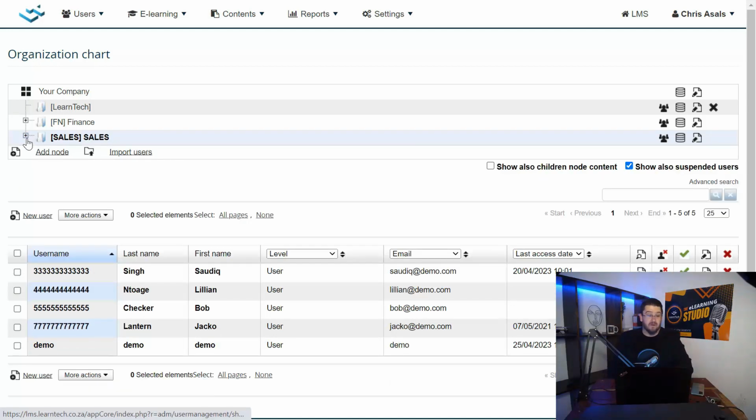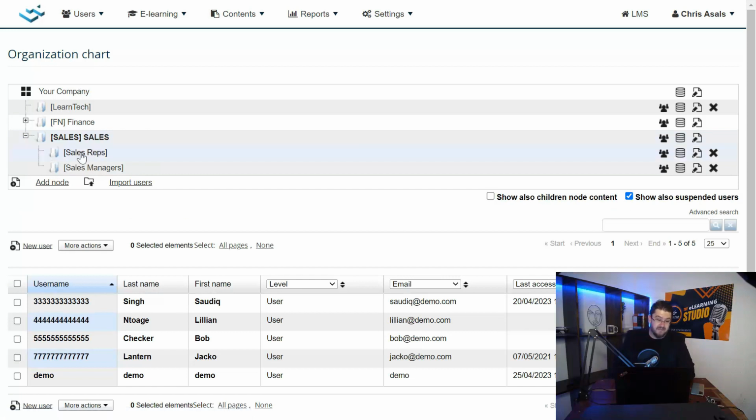If we want to look at our sales department, I have sales reps and I have sales managers. It just helps us to find where our learners are. And we can then do sort of automations as well. In terms of reporting, if we need to then report on a specific department, we can just select that department